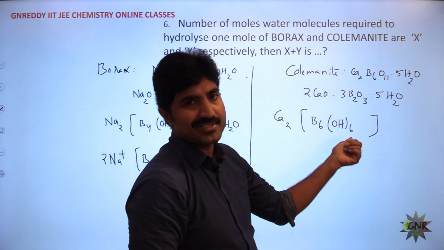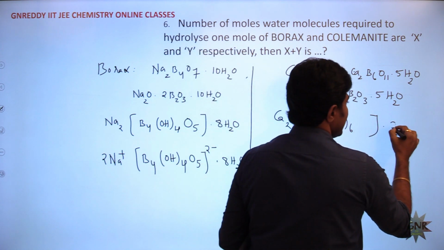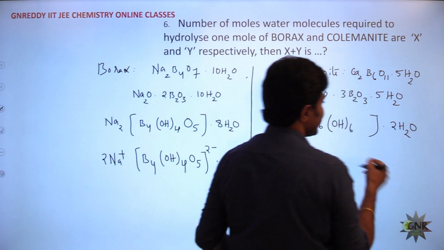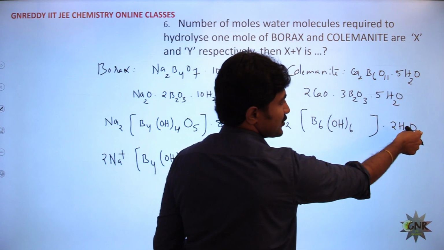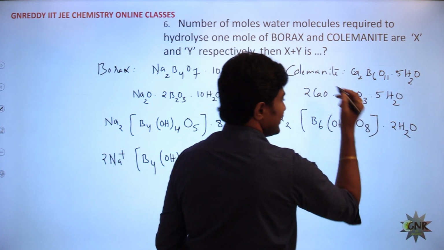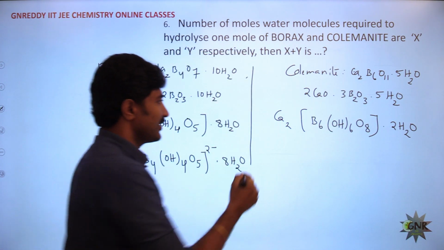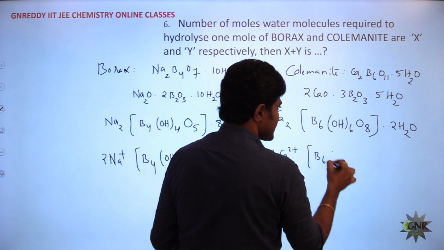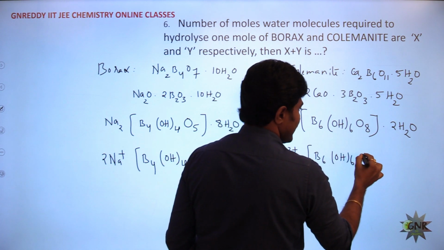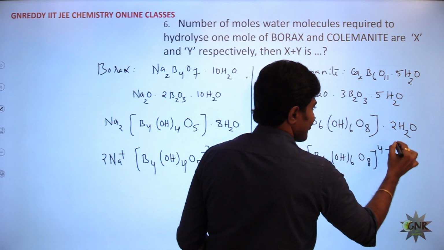Out of 10, already 6 inside. Therefore 4 outside, means in the form of 2 water outside there. Here altogether 16 hydrogens there, but here 6 plus 2, 8 are remaining. So 8 oxygens present inside. Therefore this is 2 Ca2 plus and B6 (OH) taken 6 times and O8, the overall charge is 4 minus